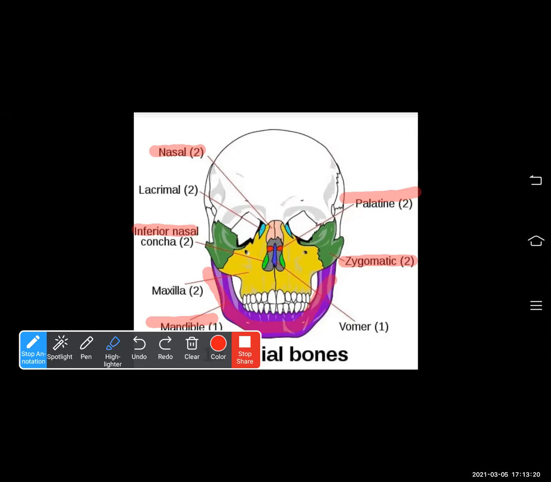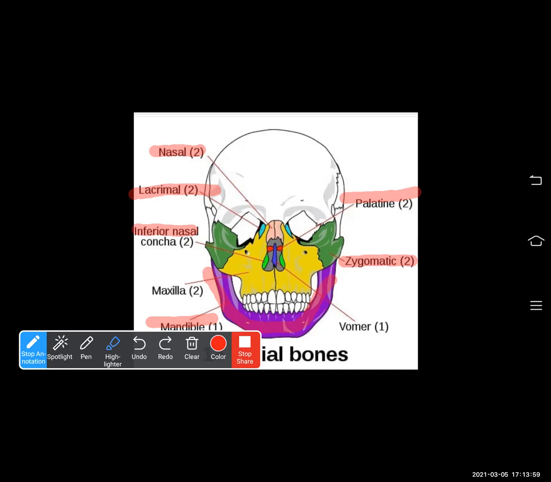Next bones are what? "New Z programs make Indians laugh." So laugh is for lacrimals. So check now, two more bones. Lacrimals are nothing but the eye sockets, isn't it? Lacrimals are what? Eye sockets. So we have a pair of them, and these are the smallest bones, we can say, of the facial bones, and they have got lacrimal glands. So they have a cavity also where these lacrimal glands are located. So these are characteristic features of lacrimal bones.